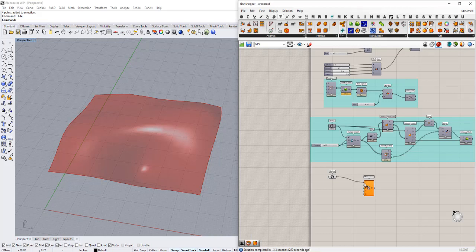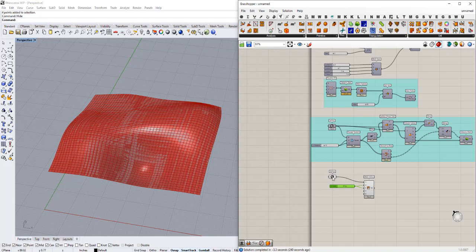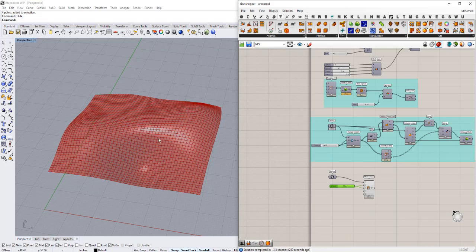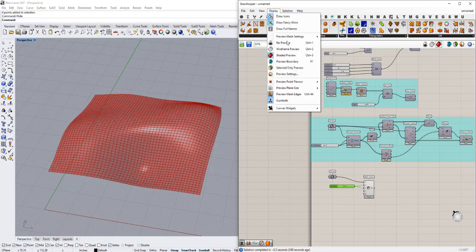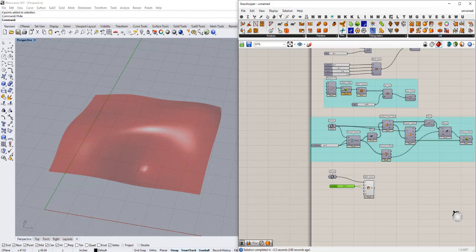So this works a lot like Lunchbox. You can determine how many faces you want in each direction, and it'll divide up that U and V domain to create that mesh. Now this looks pretty smooth. You can see this topology. If I were to turn off the mesh preview edges, it looks like a smooth sort of surface,